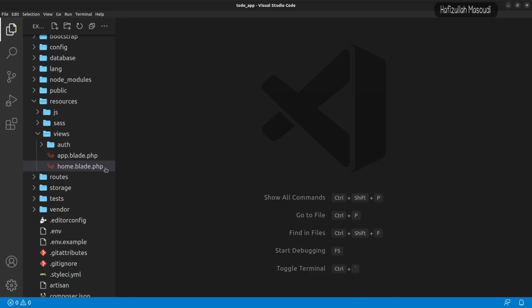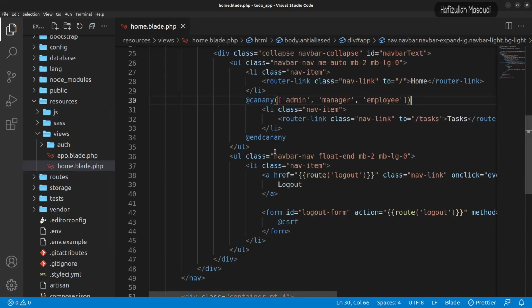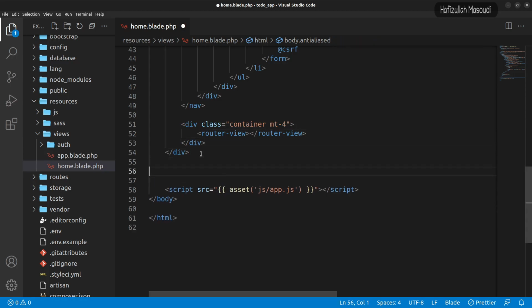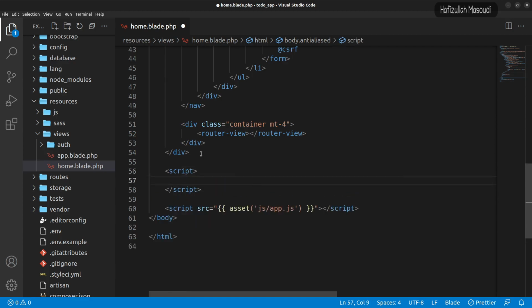Well, I didn't want to close this home blade because we still need to write some code in here. So what I will do is scroll down a little bit. To use the roles and permissions for the Vue components, you can see we are loading the router view in here, which means all our Vue components will be rendered through this blade, and we need our roles and permissions or the user data attached with this blade. So in here, let's put some enter, and let's create some script tags, and let's say window.user to create